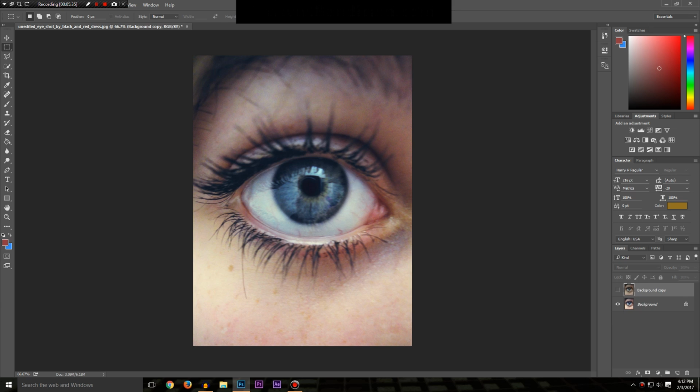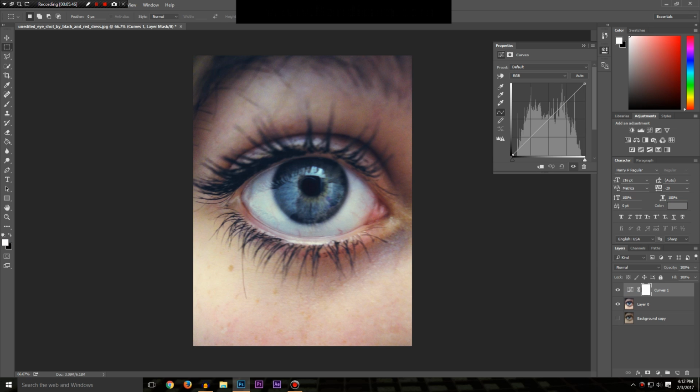But I'm going to unlock my background layer. I don't know why it's locked. I'm gonna move my background copy underneath it, and then I'm going to add another curves level. So for this, I'm just going to be making the shadows darker by dragging the, oop, maybe not. Like so, and then